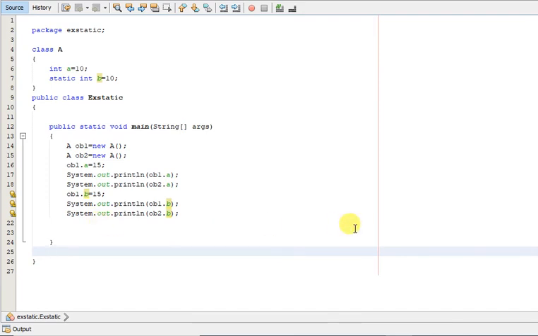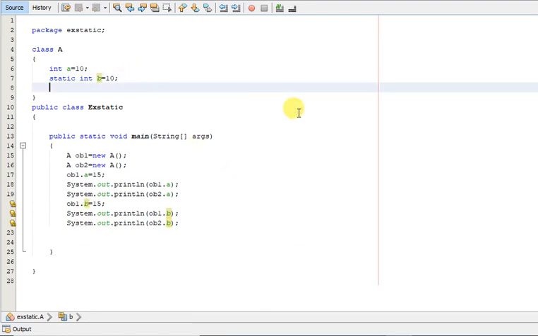Static variables are class variables, and memory allocation is done only once in case of a static variable, while in case of an instance variable, separate memory allocation is done for every instance. Now let us see the case of a method.